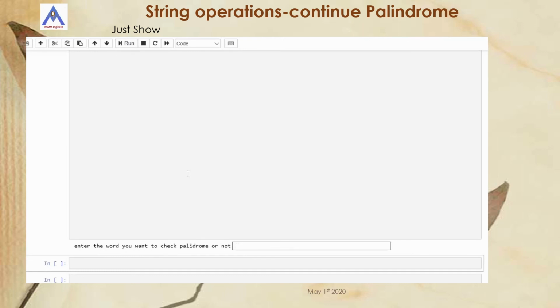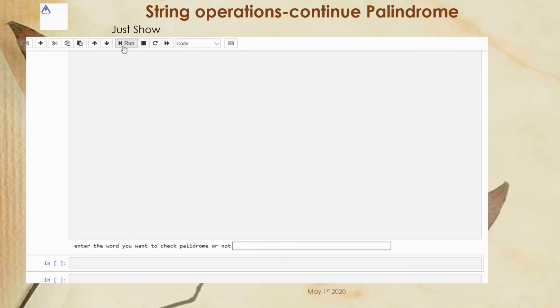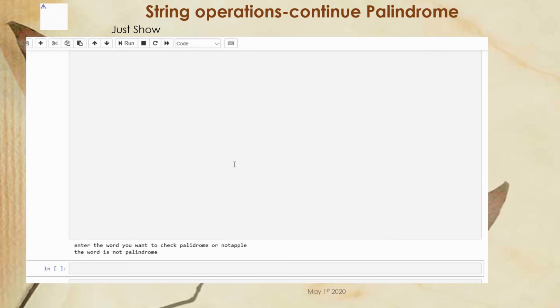Again I will run and I am giving Malayalam, M-A-L-A, Malayalam. That is one word, so we see that the given word is a palindrome. You can give any word, apple, A-P-P-L-E, is not a palindrome. Like that, this is somewhat related to string and list concepts.